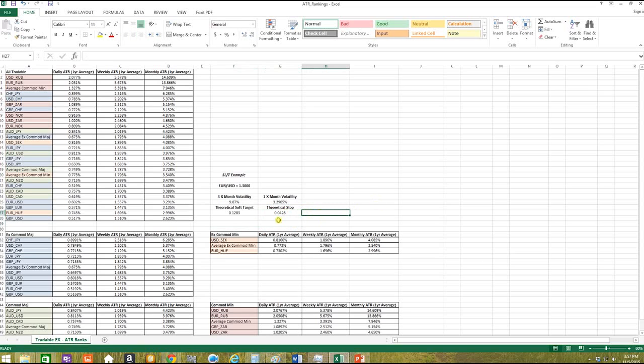So when we work out our soft target, we simply minus this number off if we're going short, and this presents us with our theoretical soft target, and we add this on to 1.3, and we get our theoretical stop loss. Now when we look at these two numbers here,